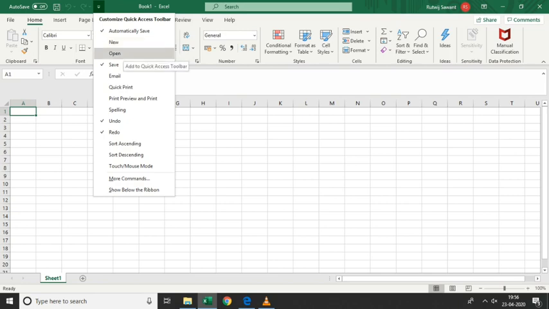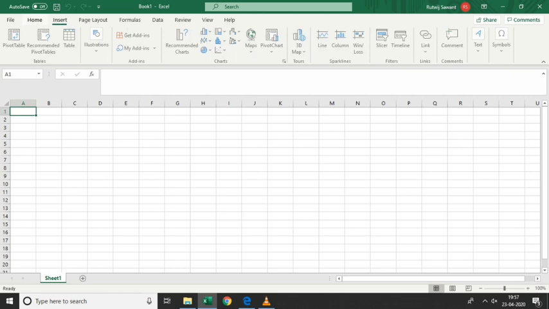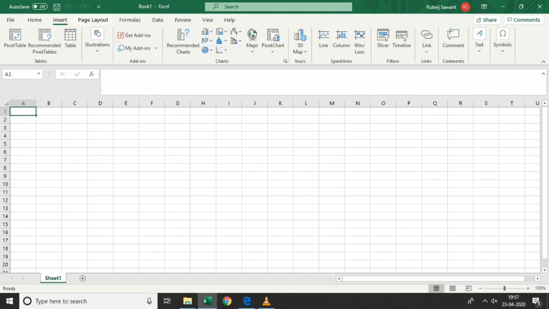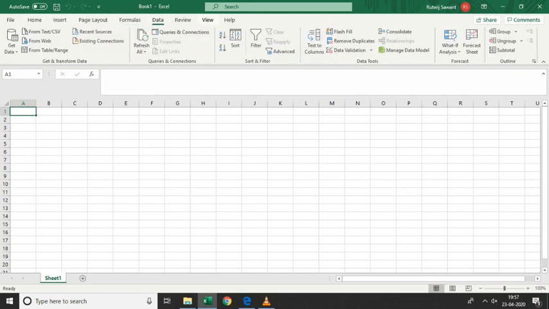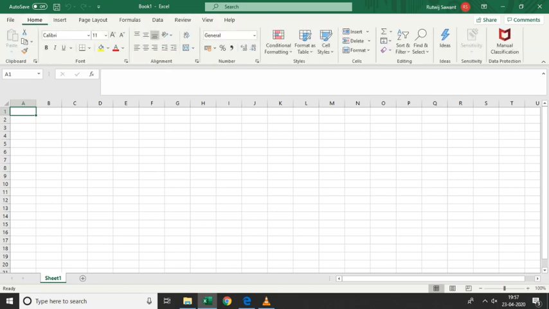Below your title bar we have a long horizontal bar which is called the ribbon, and the ribbon is divided into two parts. Tabs: as you can see, home, insert, page layout, formulas, data, review, view, help. These are the tabs that we use within MS Excel. Home and insert, these two tabs remain the same in MS Word, PowerPoint, and even in MS Excel.